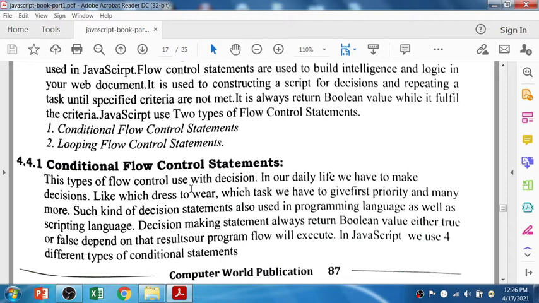So as per the situation, we go through the specific decision, right? Such kinds of decision statements are also used in programming languages as well as scripting languages. A decision making statement always returns a boolean value, either true or false, depending on the result.